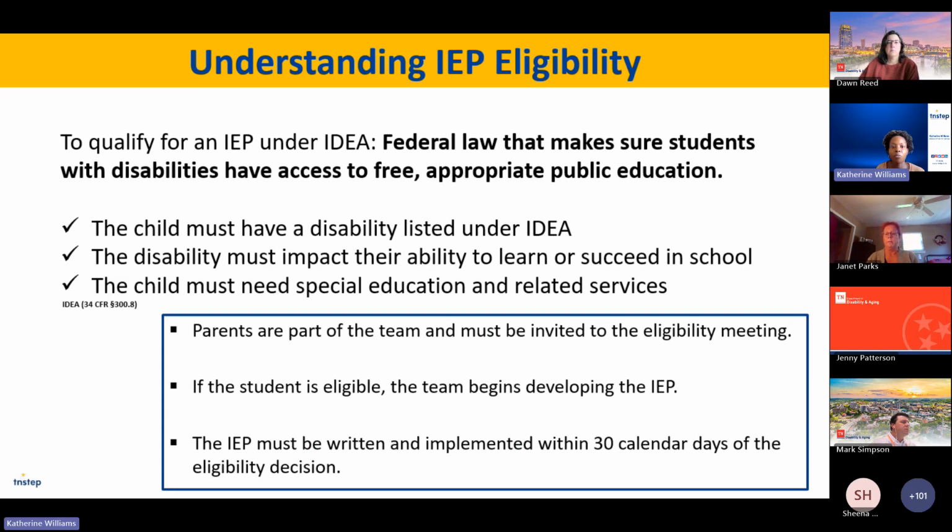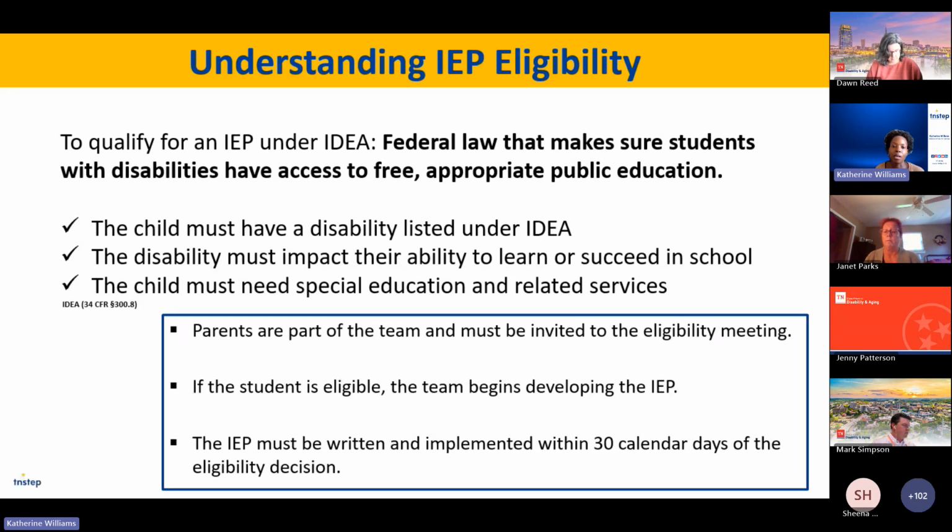So to qualify for an IEP under IDEA, we do have to understand what IDEA is, the Individuals with Disabilities Education Act. This is the federal law that makes sure that students who have disabilities have access to FAPE, free and appropriate public education. This is how it all ties together to think about how that child can have the support in the classroom. As far as eligibility criteria, the child must have a disability listed under IDEA,